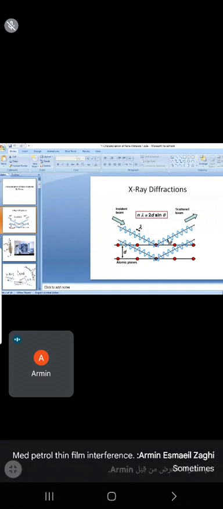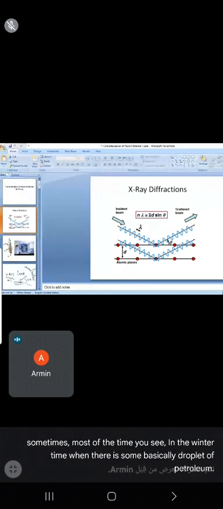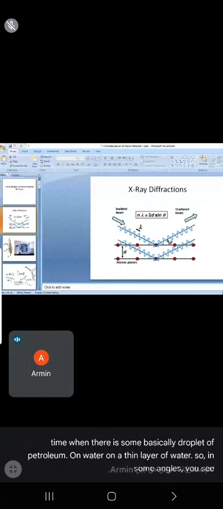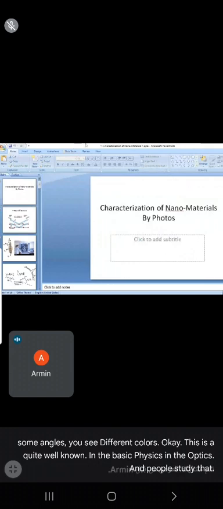Sometimes, most of the time, you see it in the winter time when there is a droplet of petroleum on water, on a thin layer of water. So in some angles, you see different colors. Okay, this is quite well known in basic physics, in optics, and people have studied that for many years